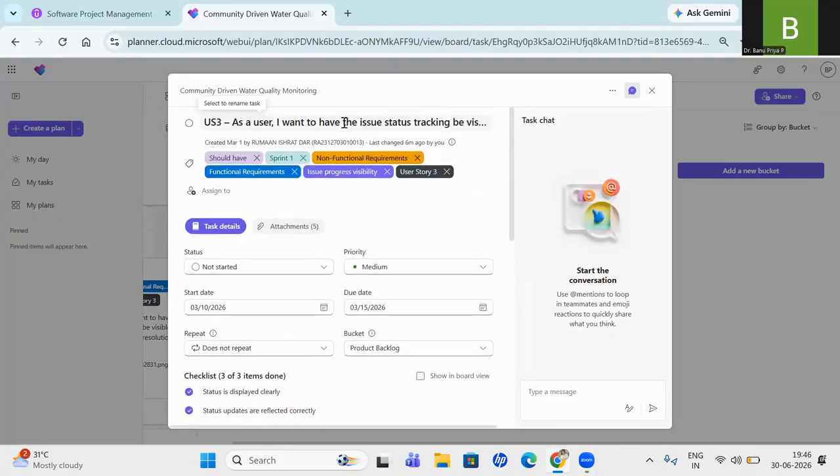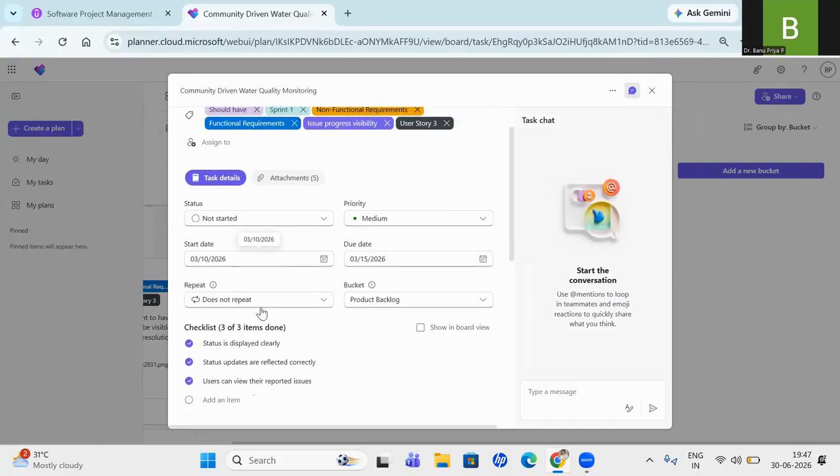So under this, all these are the labels. I can take any label like this. I told you how your user story should be looking. As a user, I want to, so that, right, completely I have written the user story and these labels. Under Moscow, I have taken should have label. This is under sprint 1. So according to this, the project has 2 sprints and each sprint has 3 user stories, like that they have given. Functional requirements, non-functional requirements, for this particular user story, I should be mentioning. And for what this is used, this is an epic label, and this is user story 3.